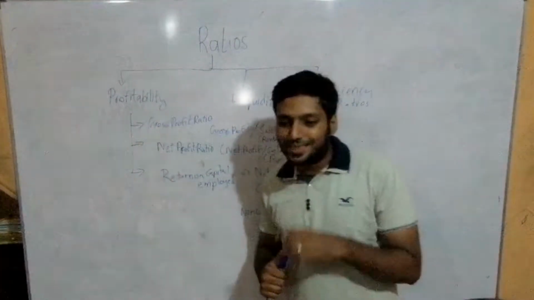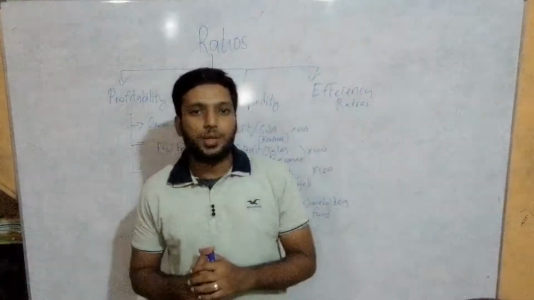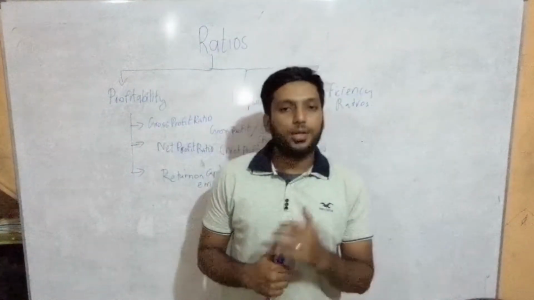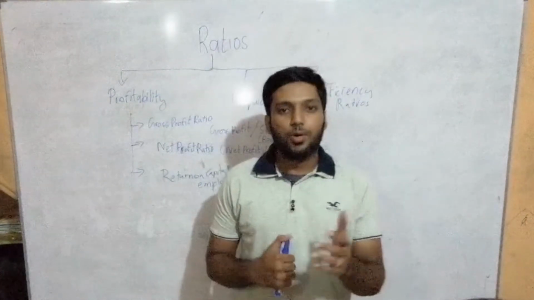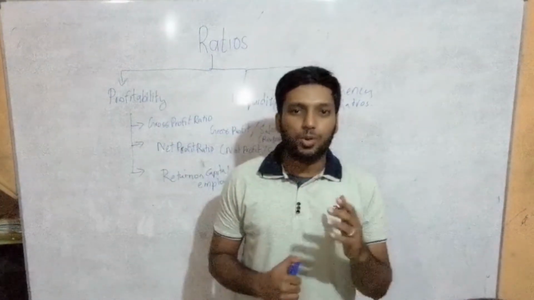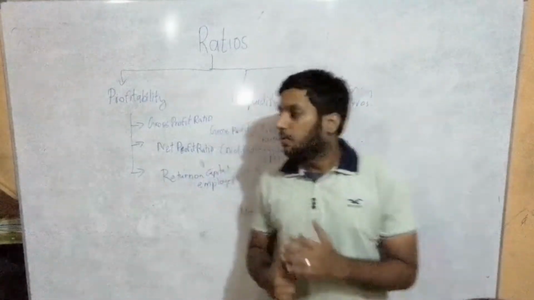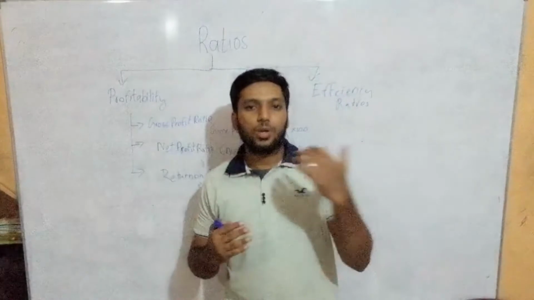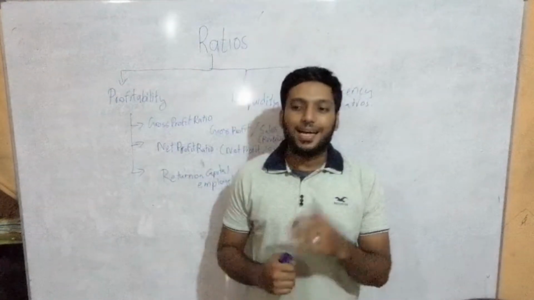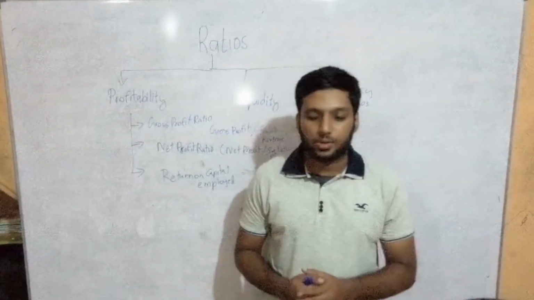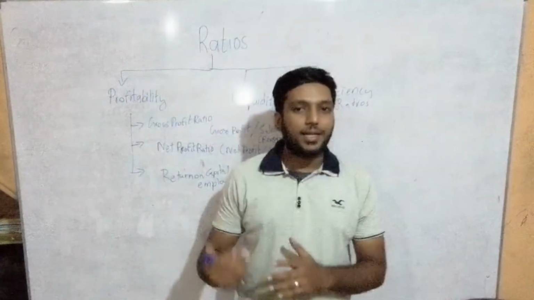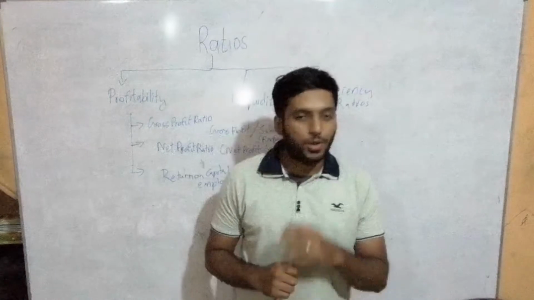Now your examiner is very tricky when it comes to these papers. You need to know how to write your ratios in a proper manner. So I'm going to teach you the basic tips on scoring in profitability areas. They might ask you in exams to compare your last year with this current year, and they will say what has happened to gross profit ratio. Remember a few things when you're doing gross profit ratio. The first thing you need to know is the things which are affecting gross profit.